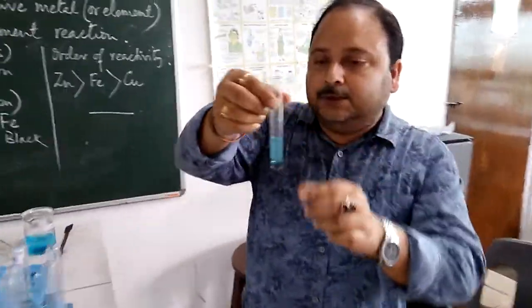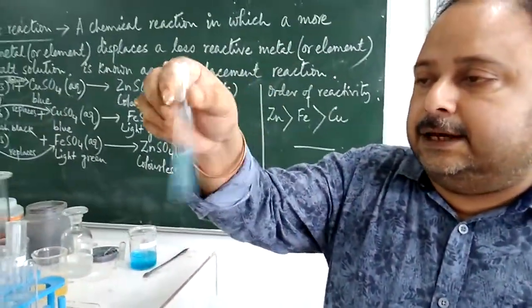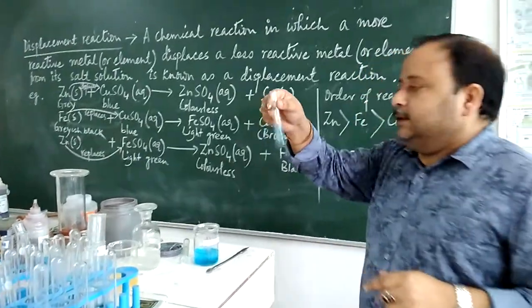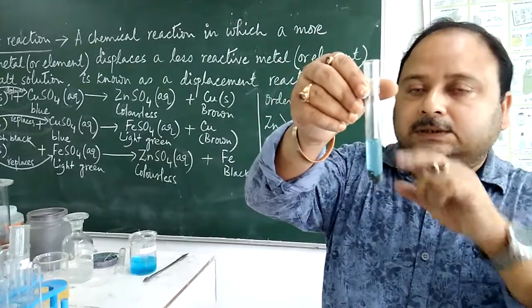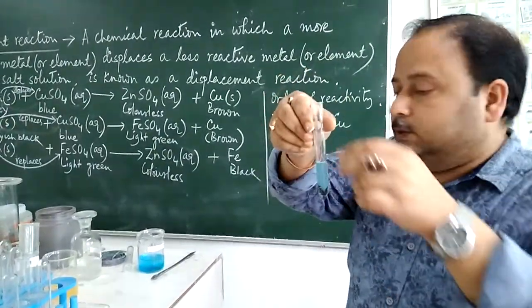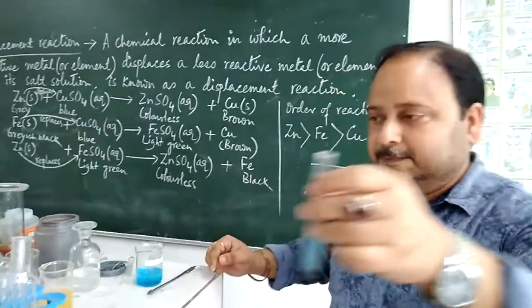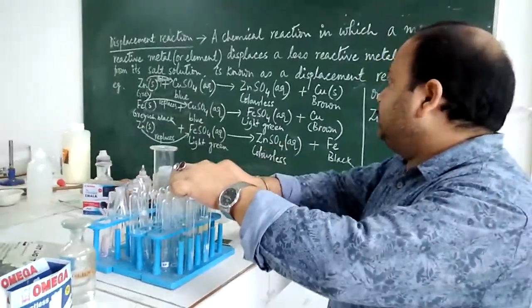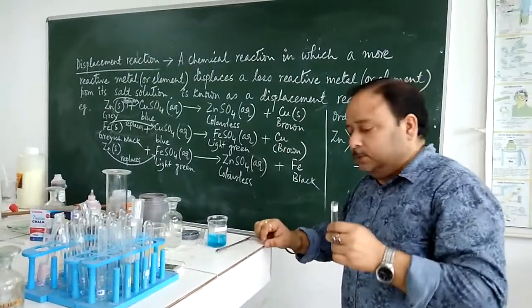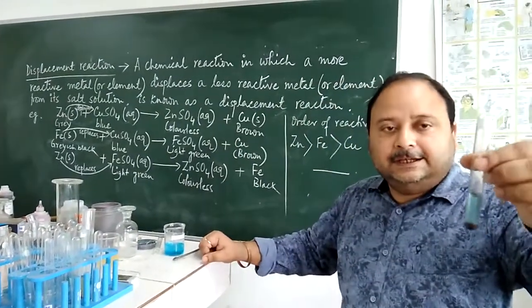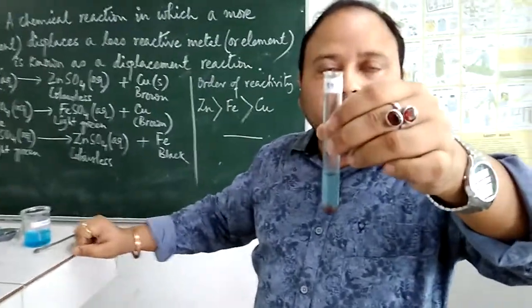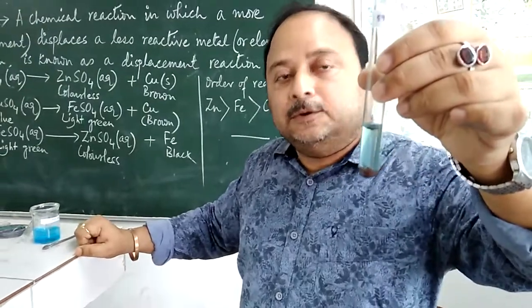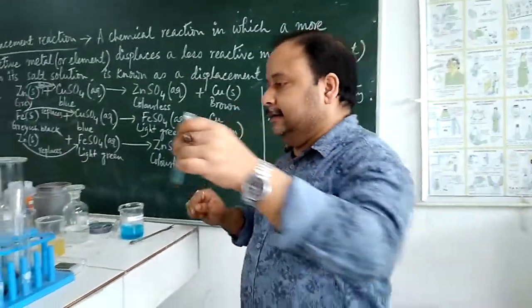We will see how the reaction has taken place. In the first case, where we took copper sulfate and there we added zinc, you can see the change is clearly visible. This blue solution is slowly fading, and after some time you will find that this solution will become colorless. In the second reaction, we took copper sulfate which was blue in color, to that we added iron. Here also the reaction has started, and therefore the blue color of the copper sulfate solution is fading, and in course of time it will turn light green in color.